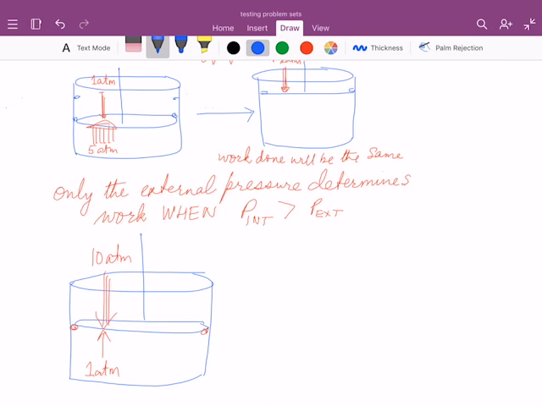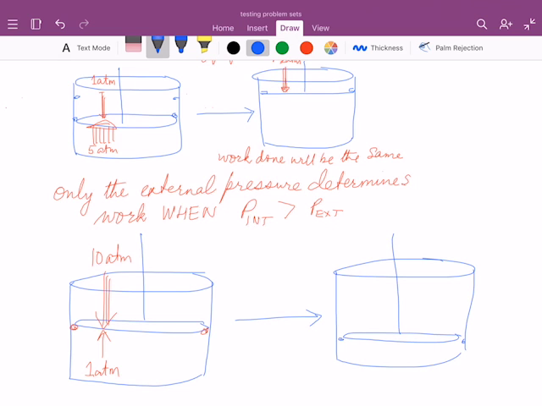Of course, when the stopcock is released, the opposite thing will happen, and the system will get compressed. Maybe there's a set of stopcocks stopping it here, but now you can see that the external pressure will cause the system to compress against the 1 atmosphere initial pressure